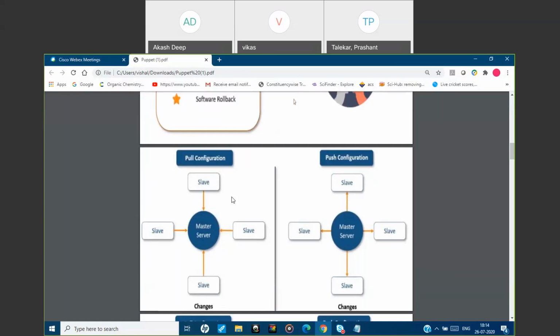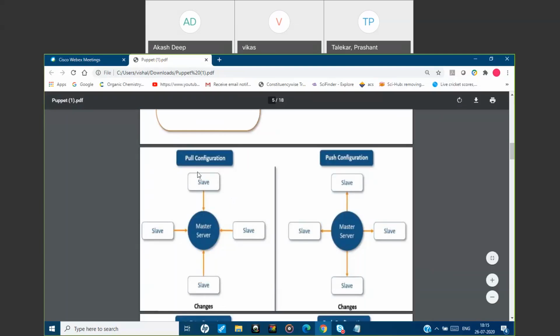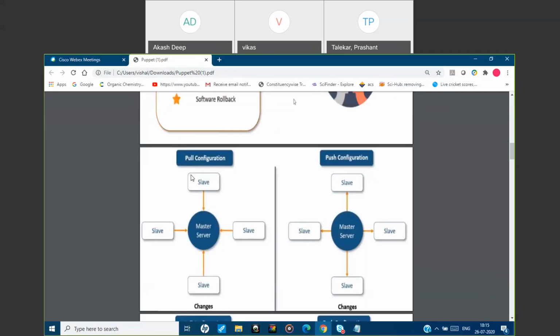It's not that you need to do the whole configuration in the slave. You just need to execute a single command, and with that single command, all the things will be reflected into your slave servers. So this is the concept of pull configurations. People started with this concept, as I told you, from 2004 only, right? People started with pull configurations. And for your information, Ansible is a pull configuration management tool.